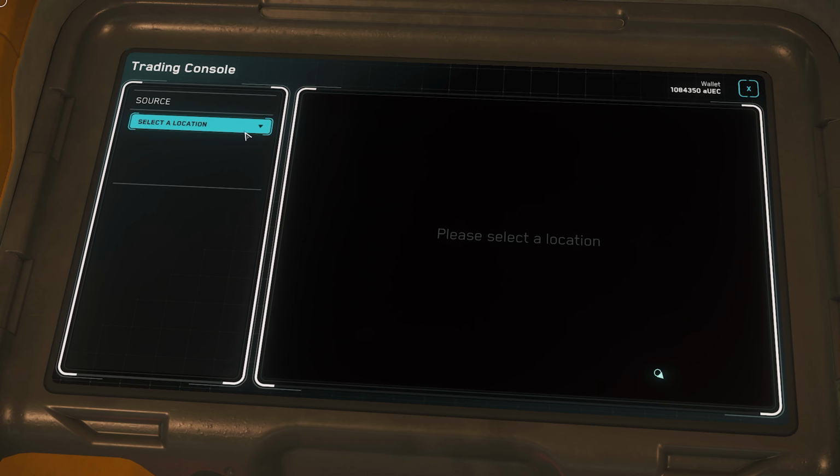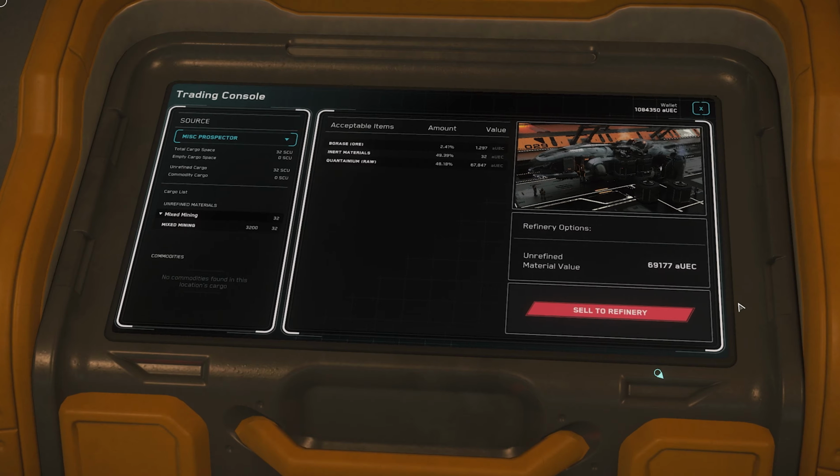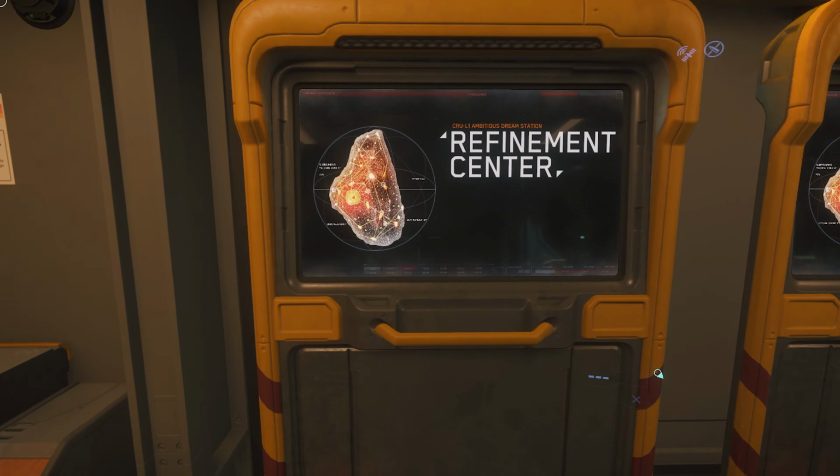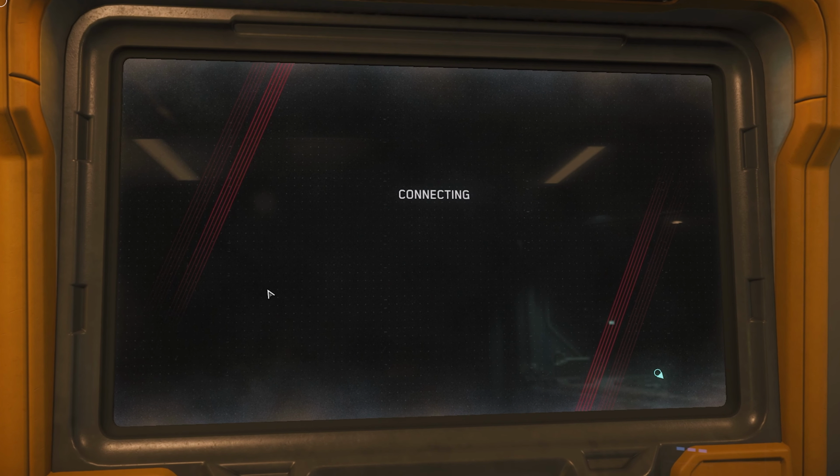When you get to the refinery, you can sell your unrefined ores straight to the refinery, and it's going to give you half of the money you can actually earn, or you can refine it and you can double the money. It's your choice. But if you do that, which I strongly suggest, you will need another ship to haul all